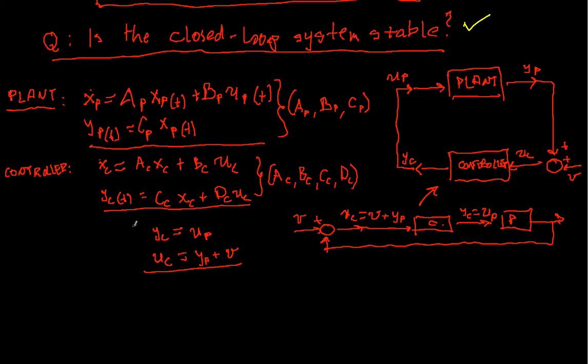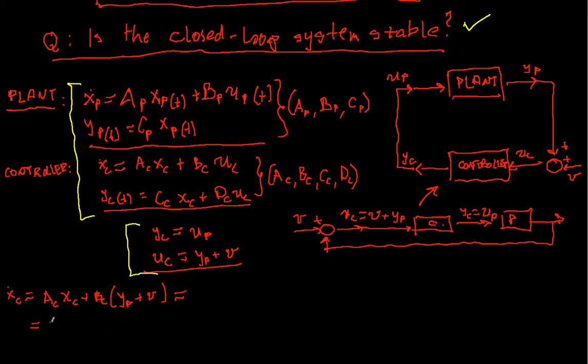Therefore, this interconnectivity that has been established by linking the controller and the plant combines these two dynamics, and easily we can write the following representation of the controller dynamics as X of C dot equal AC X of C plus BC U of C, which is now Y plant plus V, and which finally becomes AC X of C